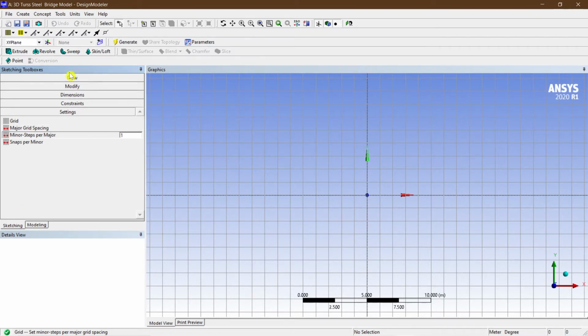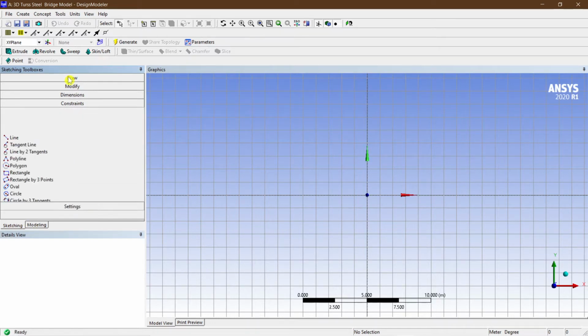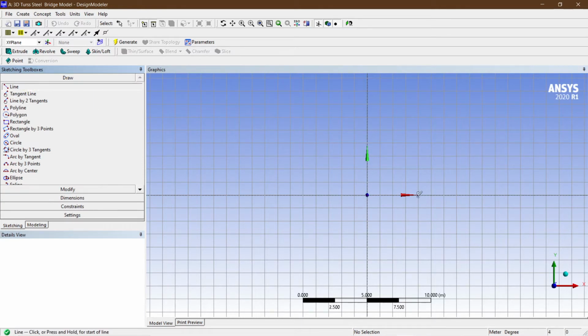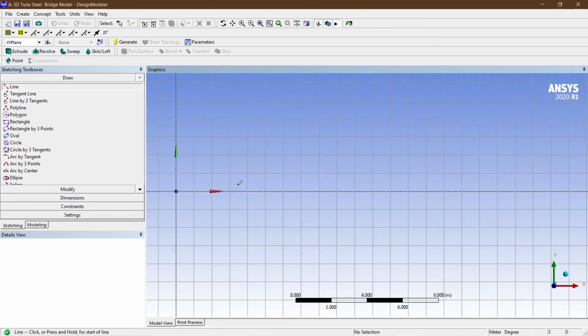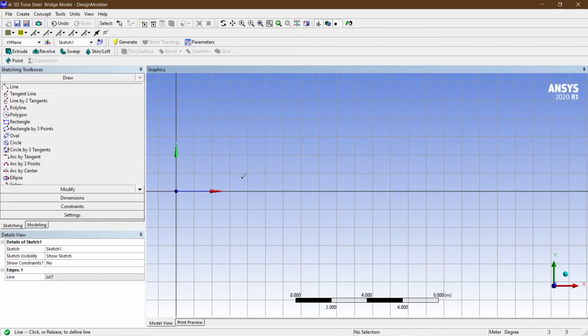So just go here again, select the drawing option. You just want to create a line. I'm going to take this grid to this side here. So my dear friends, start from the origin, take a count of 2 meter here. This is 2 meter. Now again from here select 2 meter and two boxes, which means 2 meters. And again, so totally I have four bays here, one, two, three, and four bays.